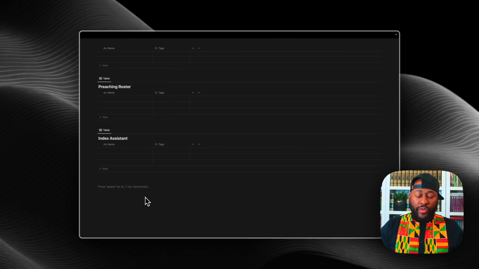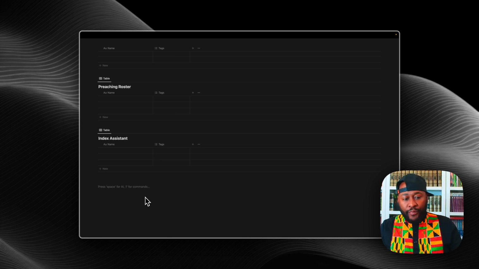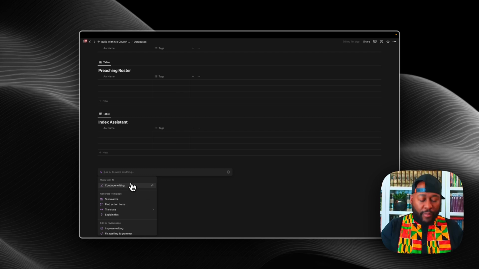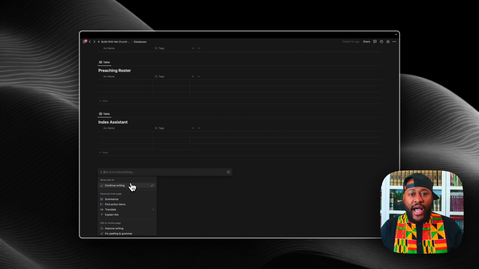So here, what I'm going to do in Notion's AI feature, I'm going to hit spacebar to bring up the Notion Command Center for AI. And then I'm going to ask Notion AI to